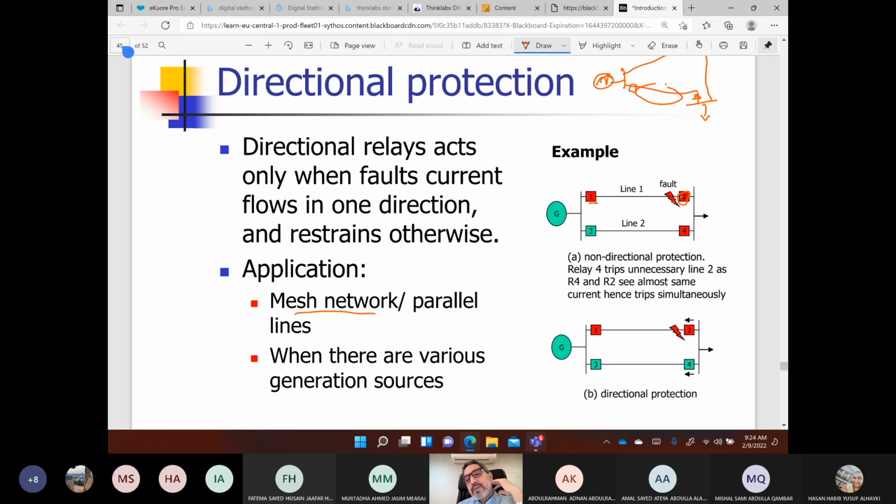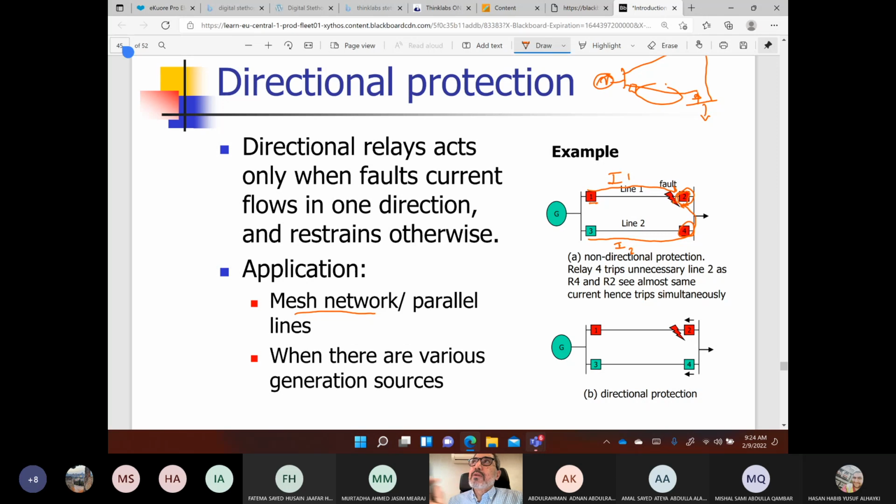For this fault very close to 2, the current flowing to this fault will be equal to the fault current coming this way. So I1 and I2 will be the same. Because of this, if you set this relay pickup setting and this pickup setting the same, and they are non-directional,